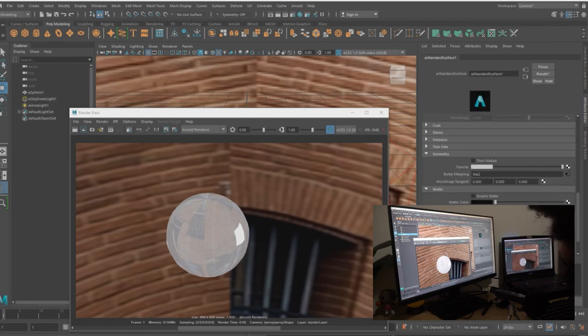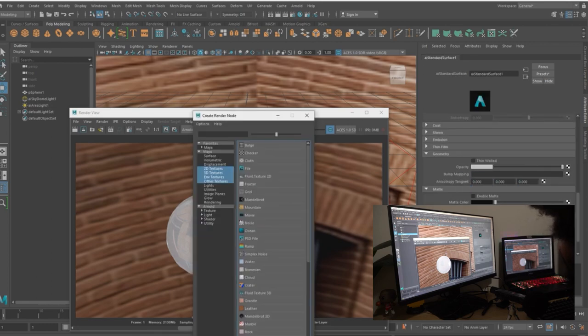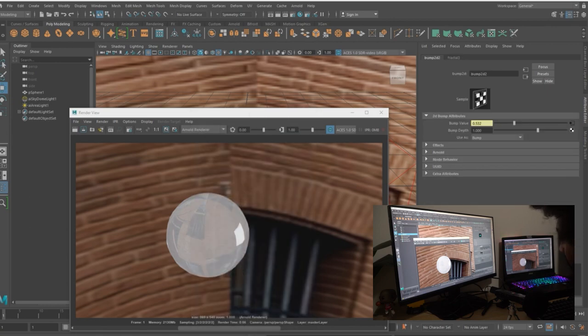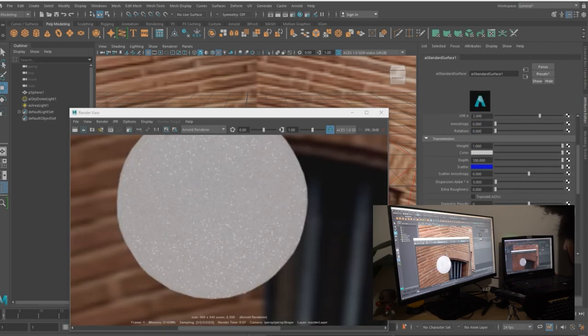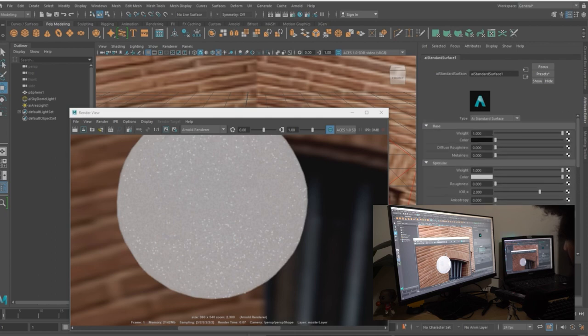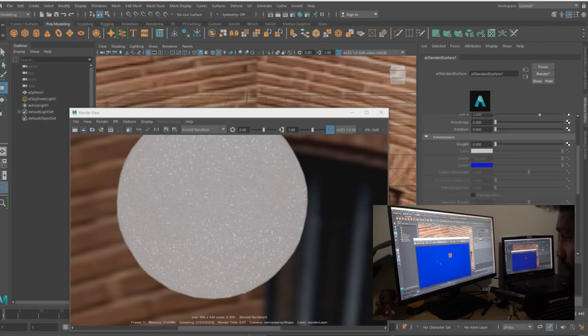And finally, we have what we call, on the geometry, the advanced settings. Let's find the geometry, and here you have the bump mapping. If I go in the bump map and put another texture here, not a file, but I'm going to go for a fractal, and the depth is at 1. So if I render,